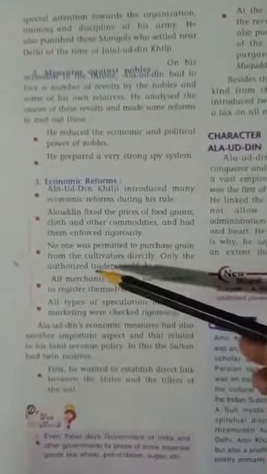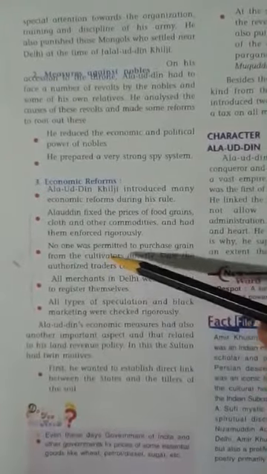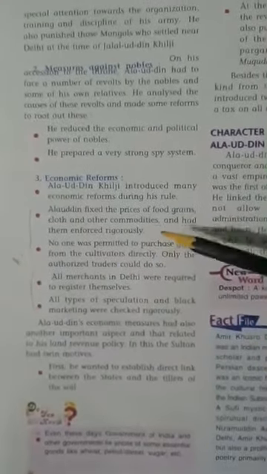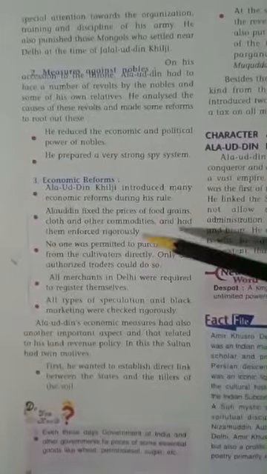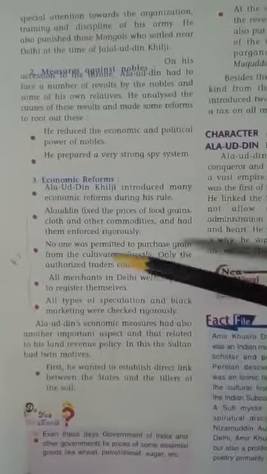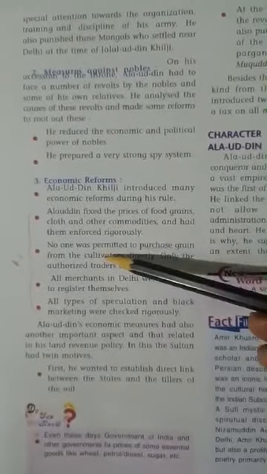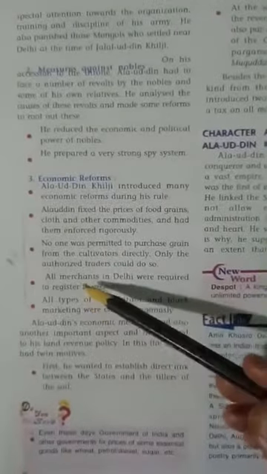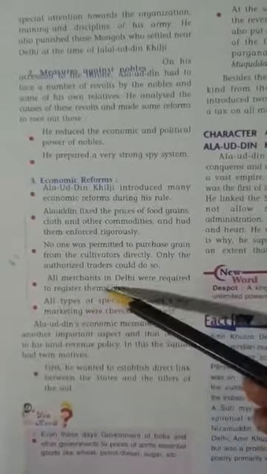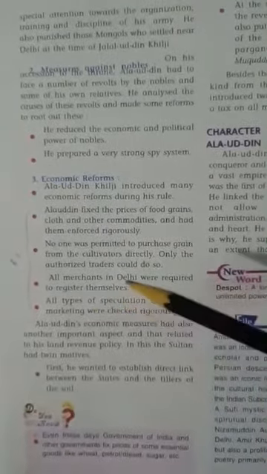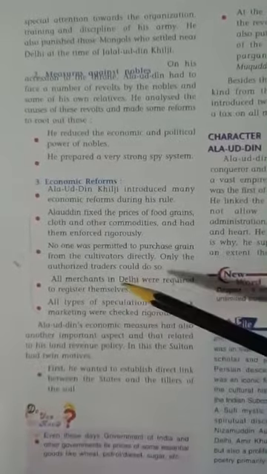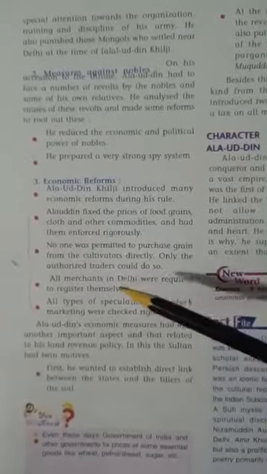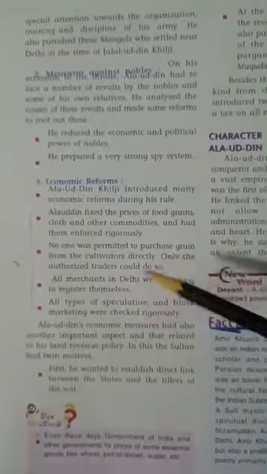The authorized traders would purchase grains from the cultivators and then sell them in the market to the consumers. So the people could not directly purchase grains from the cultivators. All merchants in Delhi were required to register themselves. So in order to become a merchant or businessman in Delhi, first they were required to register themselves